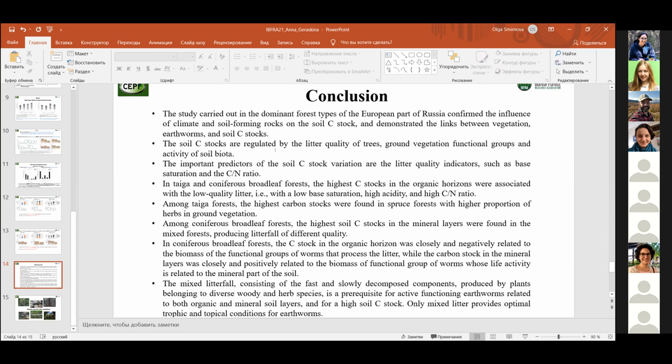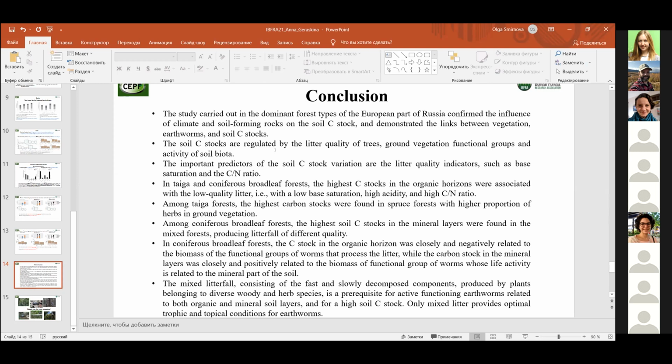And the main results and conclusions: the study, carried out in the dominant forest types of the European part of Russia, confirmed the influence of climate and soil-forming rocks on soil carbon stock and demonstrates the links between vegetation, earthworms, and soil carbon stock. The soil carbon stock is regulated by the litter quality of trees, the ground vegetation functional groups, and the activity of soil biota. The important predictors of soil carbon stock variation are litter quality indicators such as base saturation and